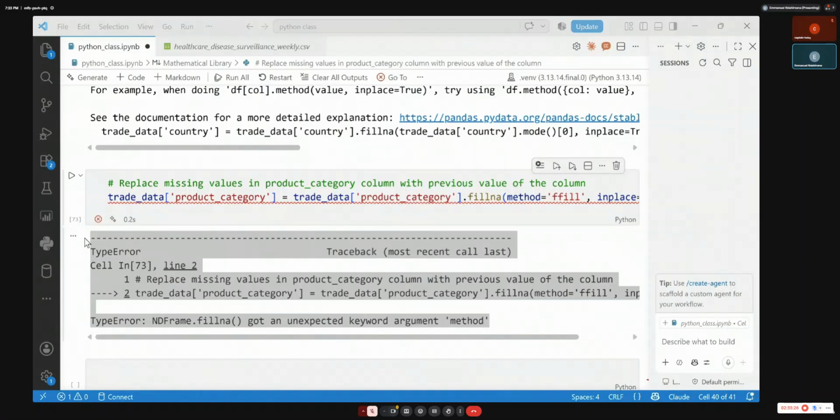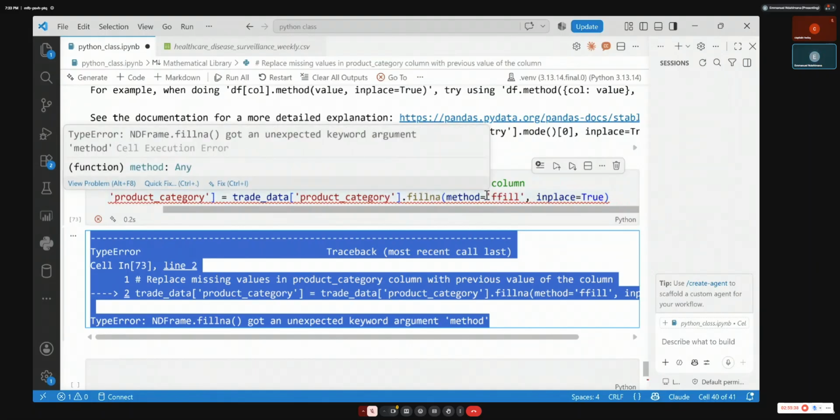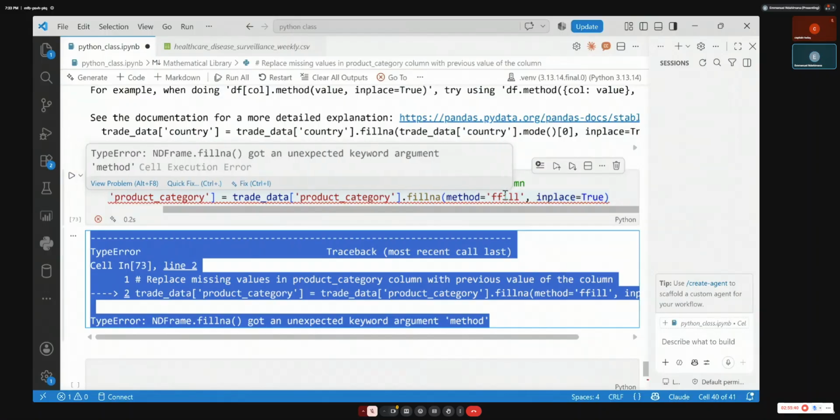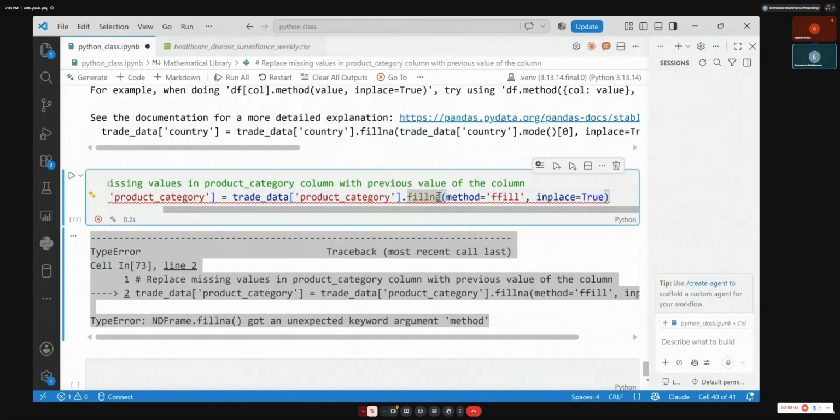Let me do it like this. But it should work. Let me remove fillna on this function and replace it with just fill.